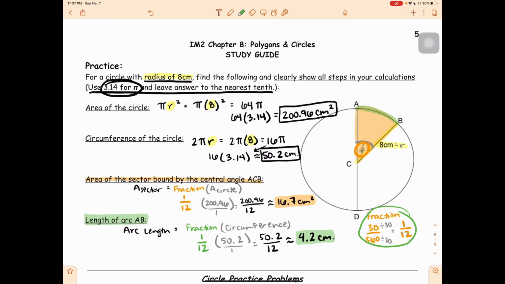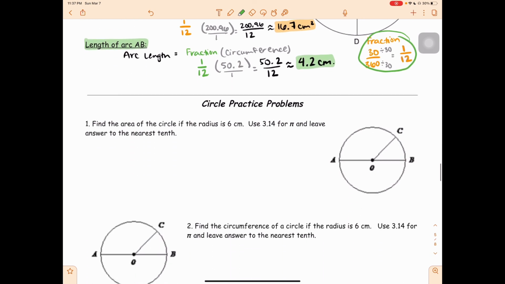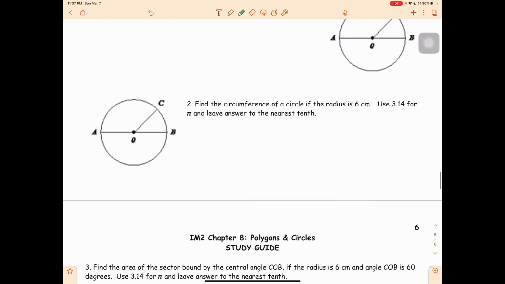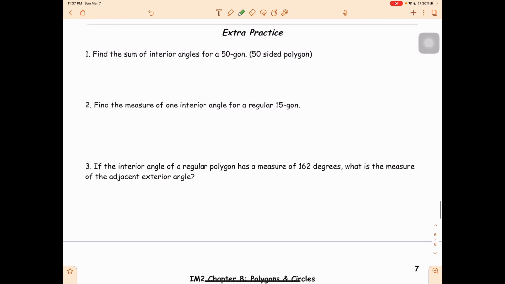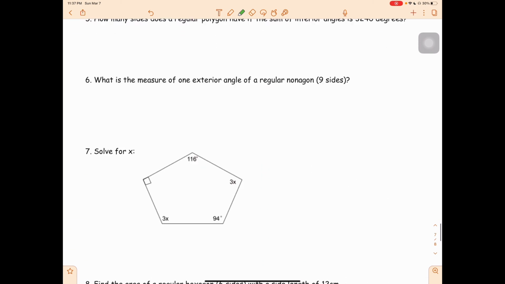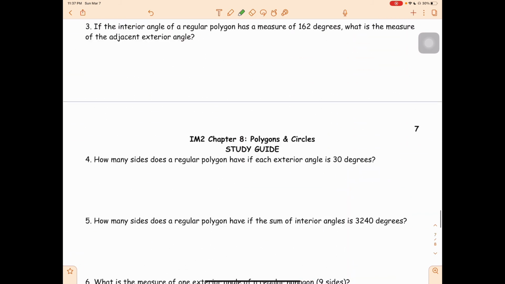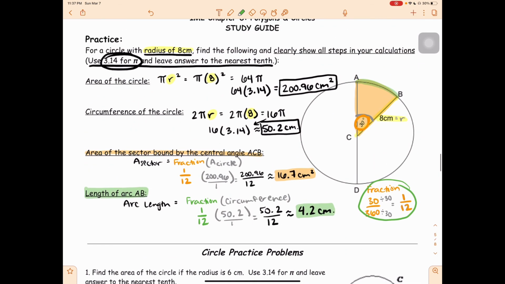So this should help you out with your Khan Academy. If you want to get a head start on Thursday or Friday's work, depending on what class you're in, you can definitely start doing these circle practice problems. These are really, really good practice for everything, okay? And then we'll do the rest of this study guide by the end of the week. All right, so if you want to get a head start, again, start trying out these problems, and then you can just use my future video to